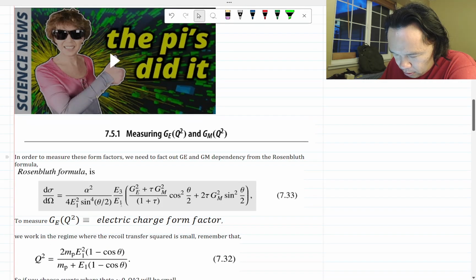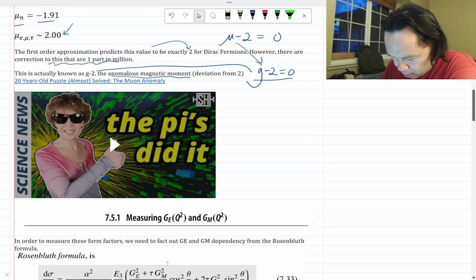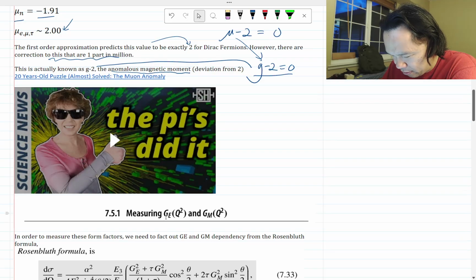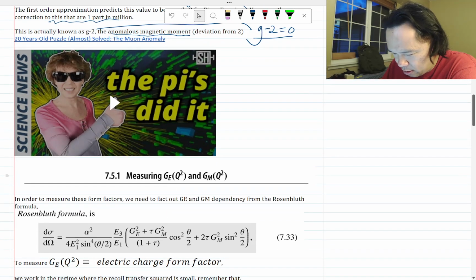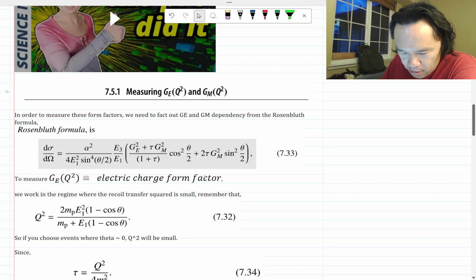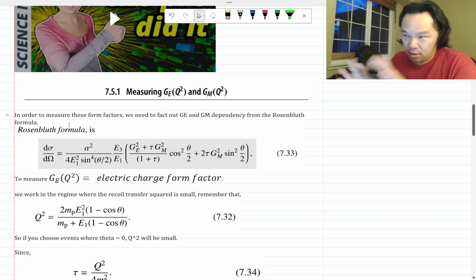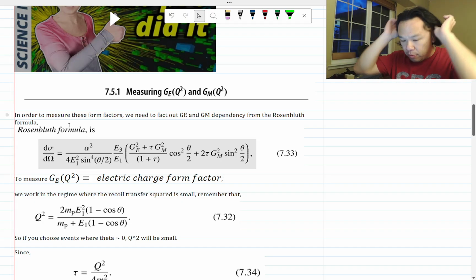All right. So how do we measure these? Going back to the magnetic and the electric charge form factor, GE and GM. In order to measure these form factors, what we need to do is actually factorize things, and this is a really, really neat